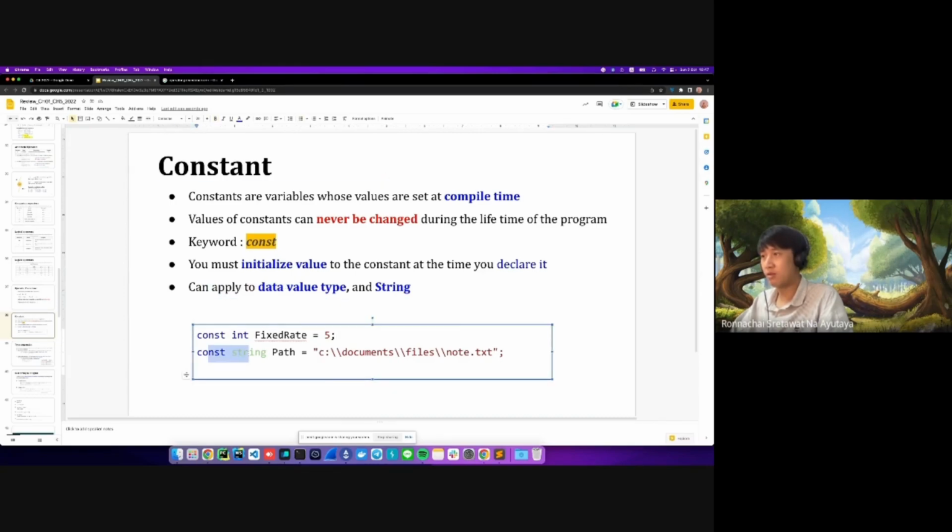And you can have something like this as well, the constant of int, and this one can apply to data value type and string. Yeah, and I believe they can apply to anything else as well. What we have here is this string stored somewhere in your